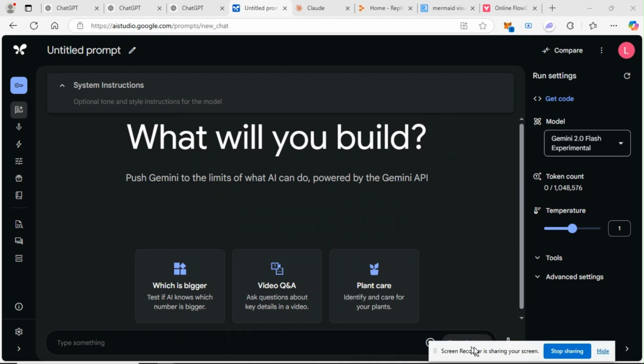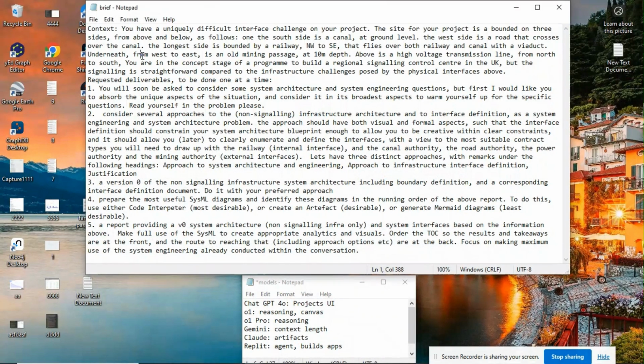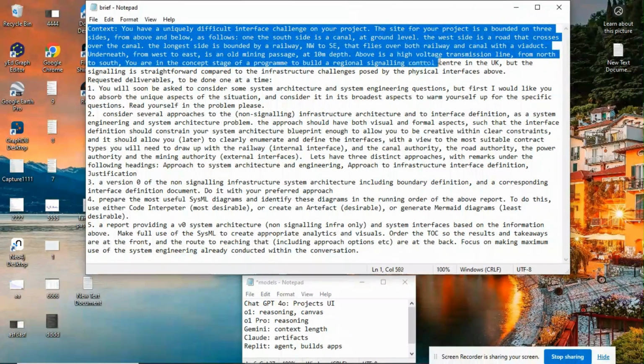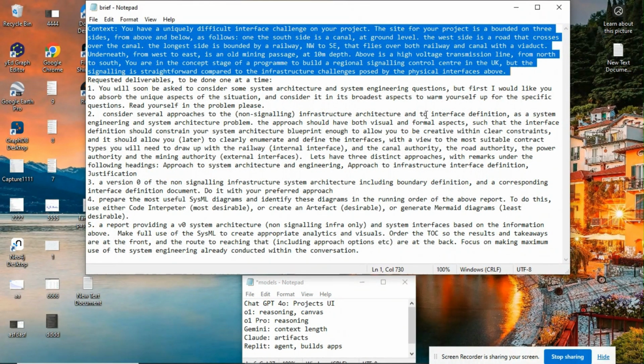Okay, let's look at a difficult project question. It's basically a sort of tangled triangle of interfaces in the middle of which there's a railway signaling project. Let's look at how it helps us look at systems, interfaces,